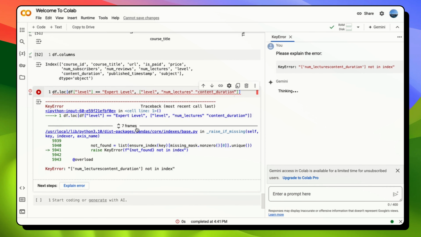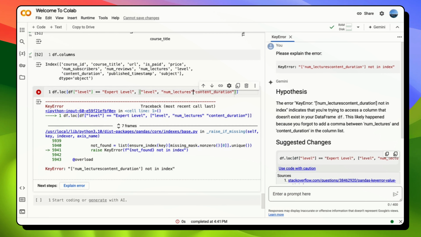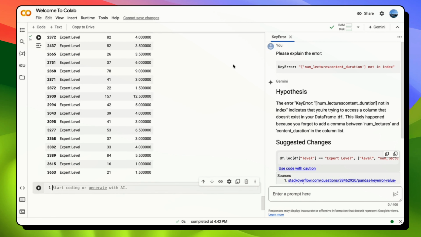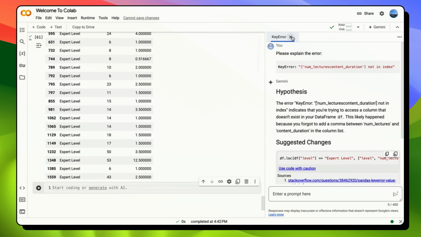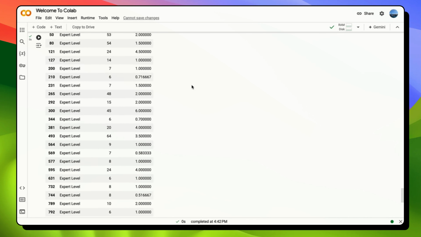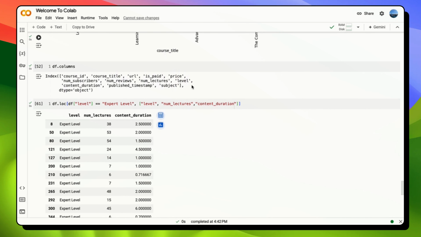Let's explain this. Number of lectures. Oops, my bad. There we go. So this is what we're supposed to do. Content duration, right? So let's sort this out